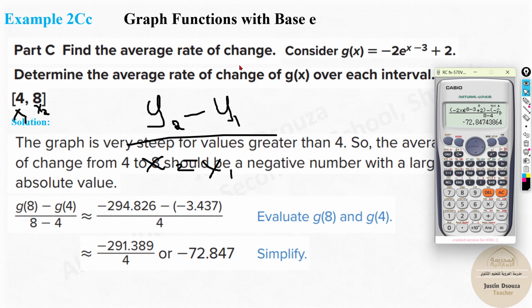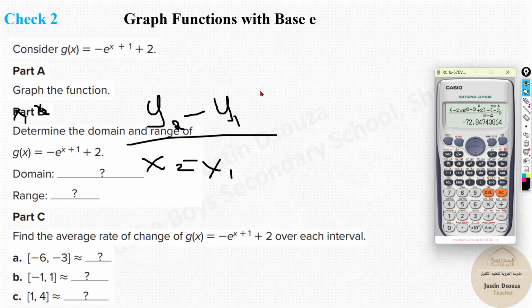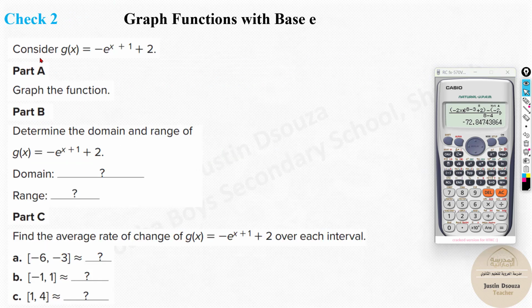By base of e and finding the average rate. This is the average rate part. I hope this is clear. Now you can try this by yourself. Basic graph, 4 options will be given. That is one way. Or you can use the method we studied in the previous lessons, the basic way to solve the graph.